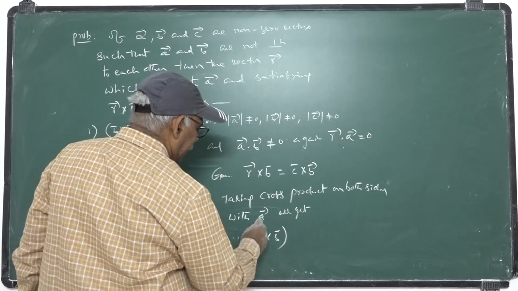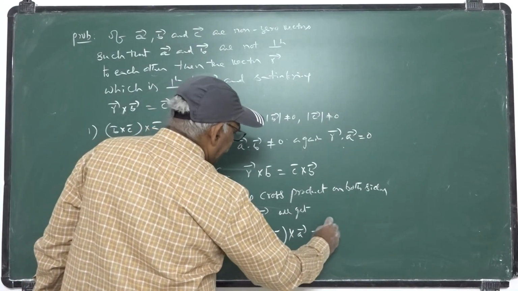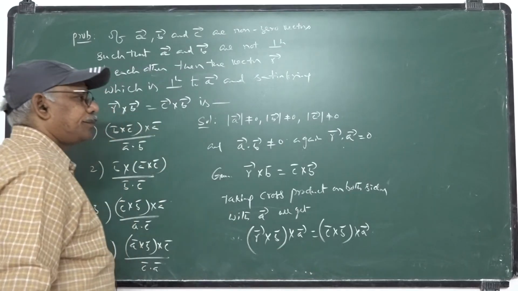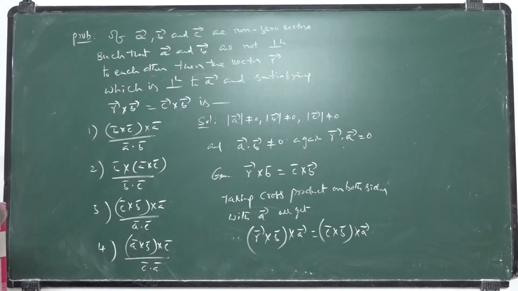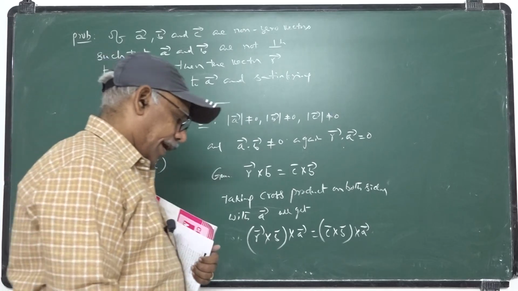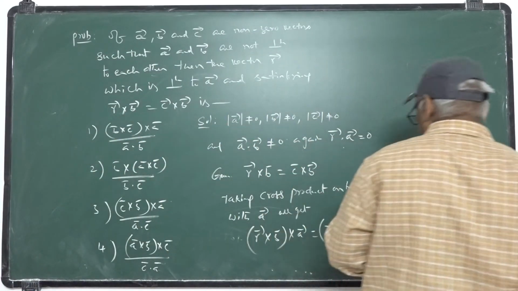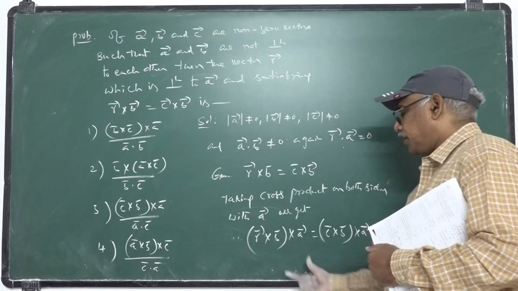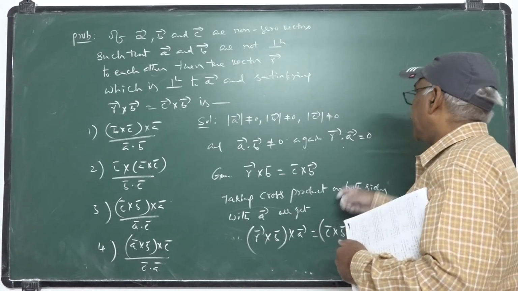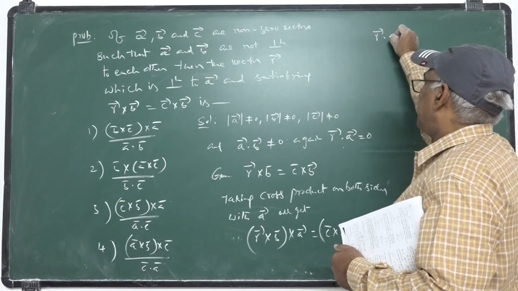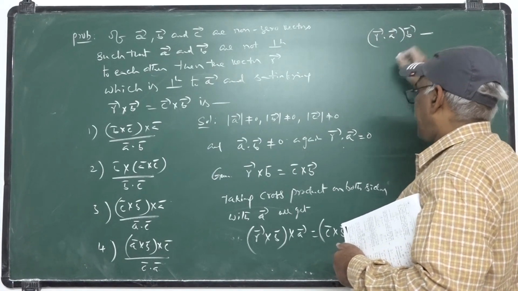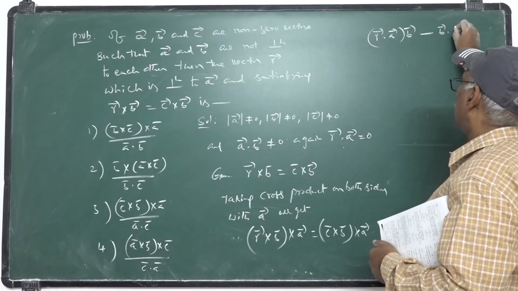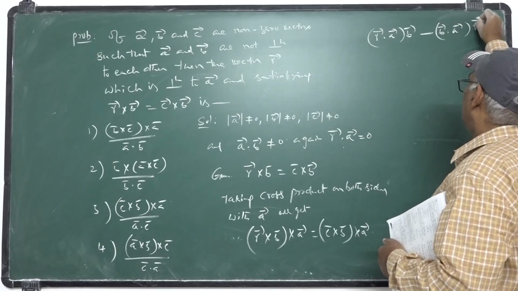With A bar, we get R bar cross B bar cross A bar equal to C bar cross B bar cross A bar. I am taking the cross product with A bar on the right hand side. This is vector triple product. From the concept of vector triple product, you can write R dot A multiplied B minus R dot, B dot A multiplied R bar equal to,